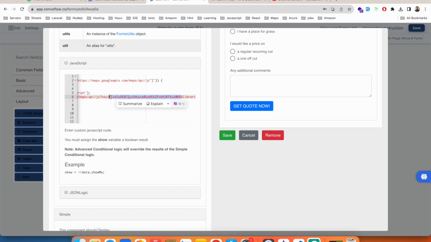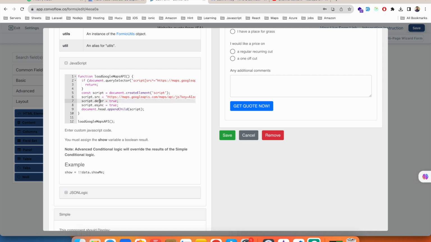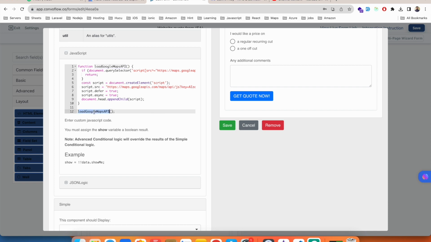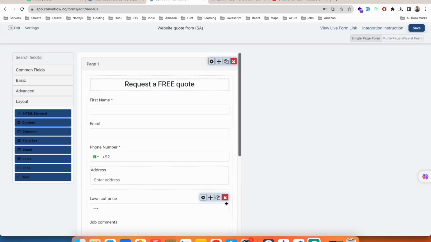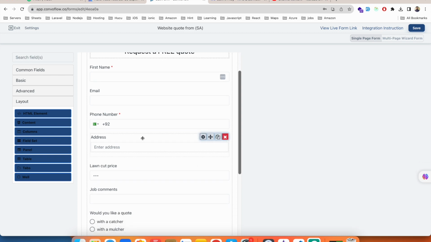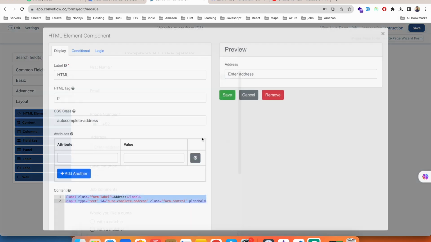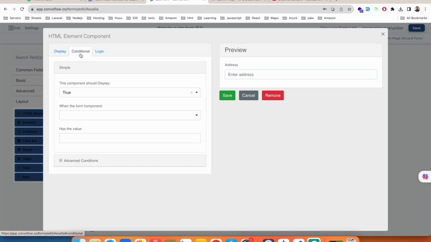I assigned my own, and it should be deferred through async true, so that it loads after the page load, and then you can append it to the head. So append the script into the head element and call this function, and save it. I'm saving it. Now go to the same HTML element again, into the edit icon, and go to the conditional